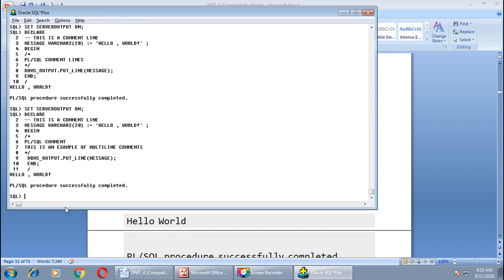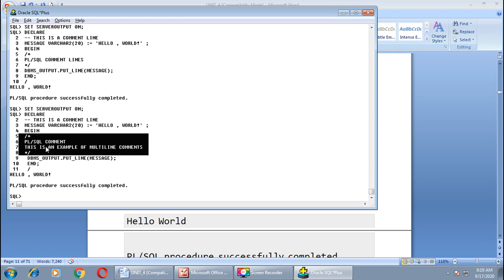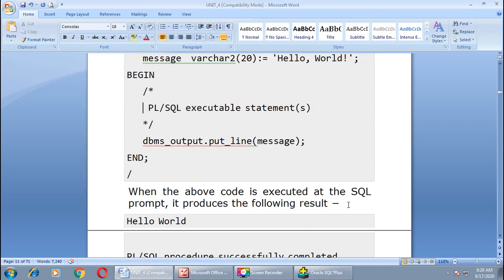Here it is. So what is the difference between these two examples? In the first one I have given a single line between the symbols, right? And in the next program you can observe line numbers 5, 6, 7, 8. Here I have given multi-line comments. My comments are running on 2 lines, line numbers 6 and 7. Both lines are omitted at the time of execution. We got the same output as we got in the previous program, right? That's it. This is all about comments.